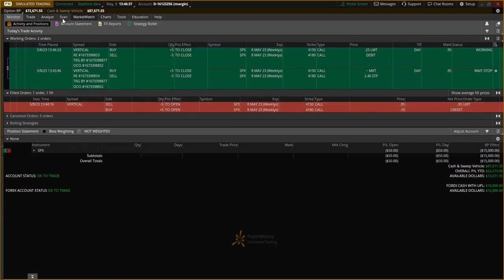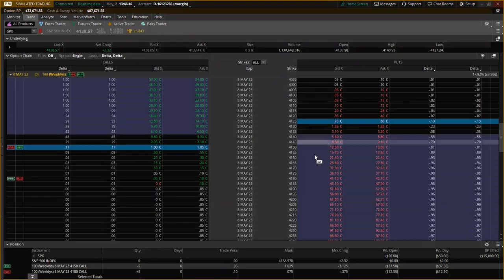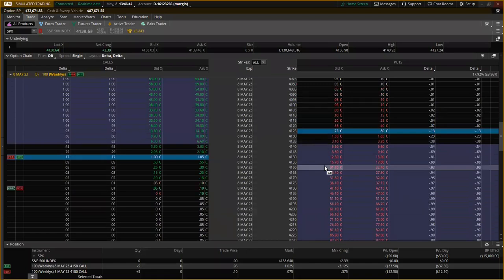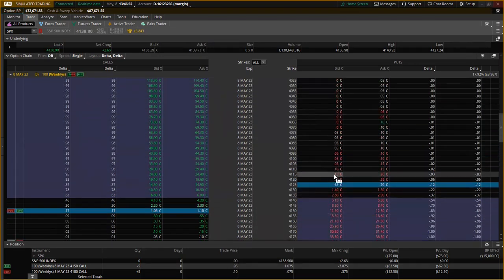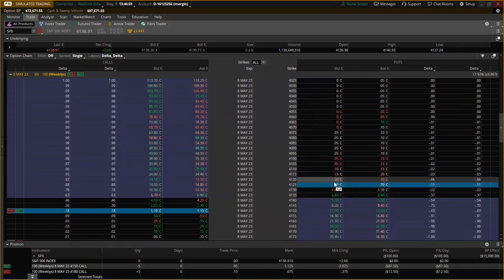All right, so while this is working, I'm going to show you now my preferred setup for the management of my trade. So as most of you know, when I enter into a trade, I typically will be looking for a 30 wide spread, especially earlier in the morning. Obviously, it's later in the afternoon, so this is a little bit different. But looking at a 30 wide spread,